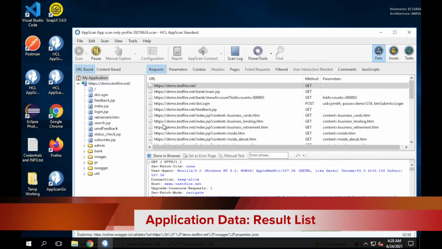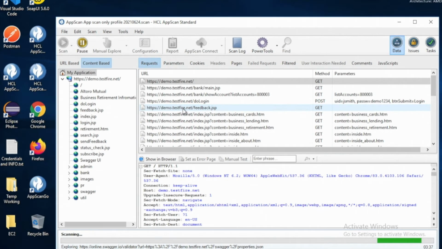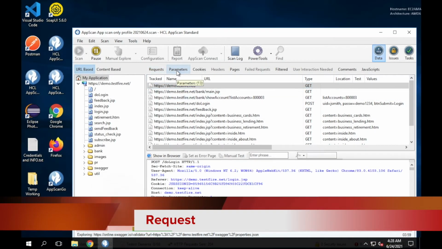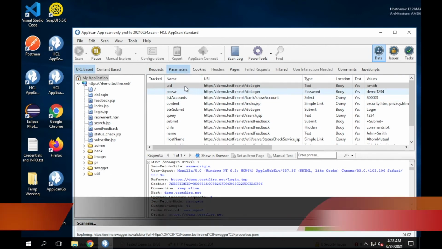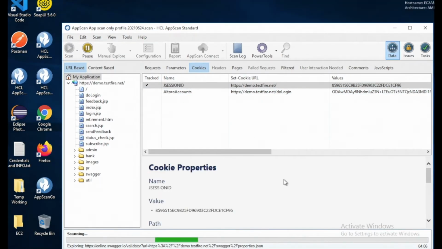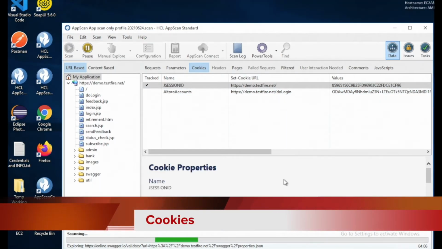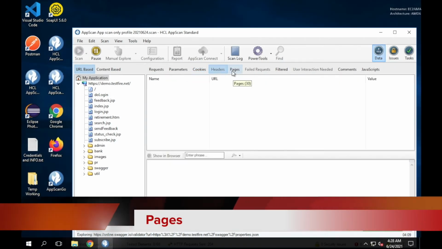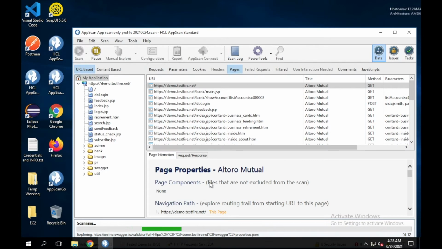Application data result list. The result list shows the URLs, parameters, and scripts that were discovered during the explore stage for the selected node in the application tree. So we just mouse over the URLs the application accesses, the parameters, the scripts and their associated parameters, the cookies that AppScan discovered, the pages explored by AppScan, failed requests,